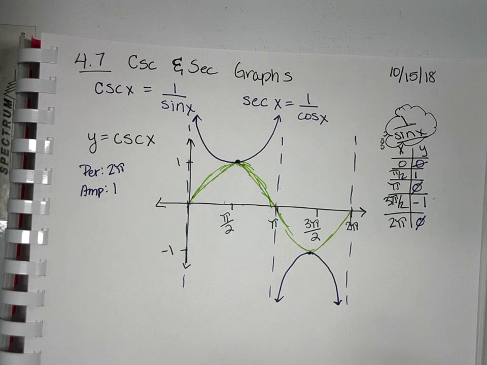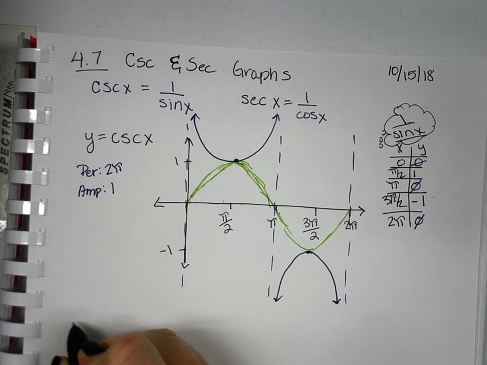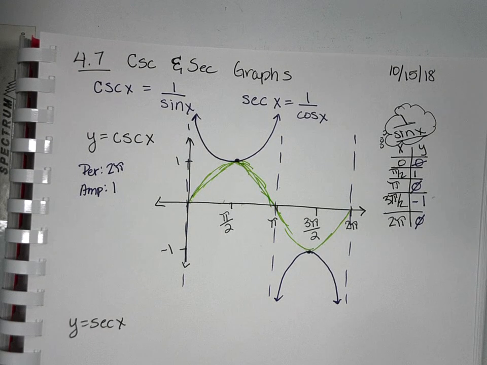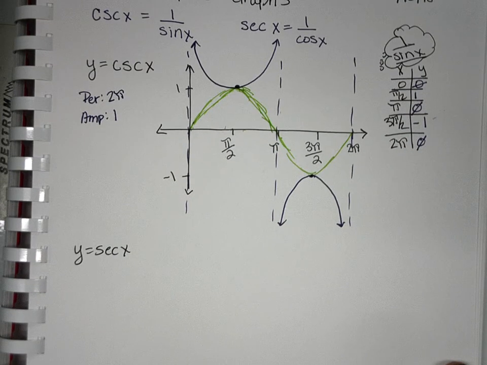Now your secant will have a very similar feel. The only difference will be where sine is equal to 0 is not the same where cosine is equal to 0. So when we're going to next look at y equals secant x. So again, just like in cosecant,